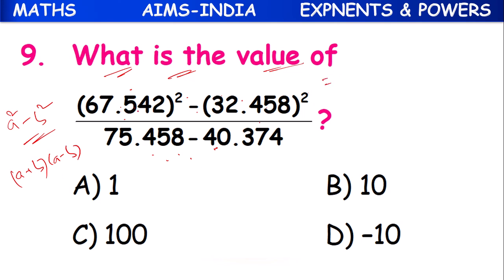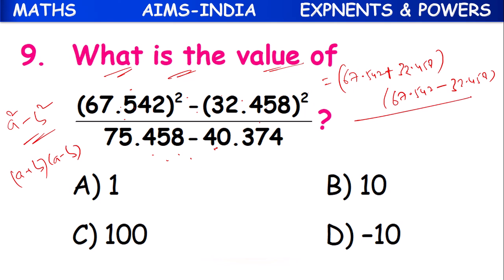The numerator can be written as 67.542 plus 32.458 into 67.542 minus